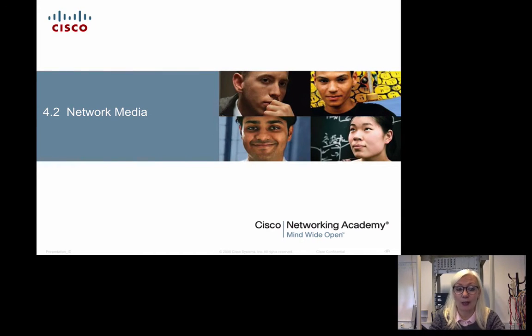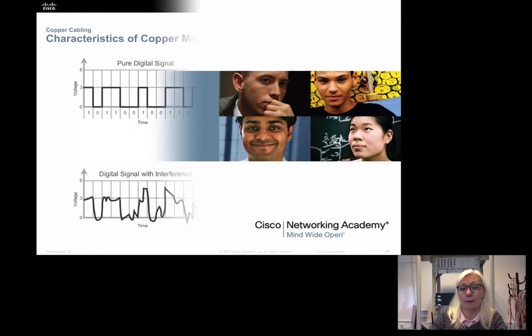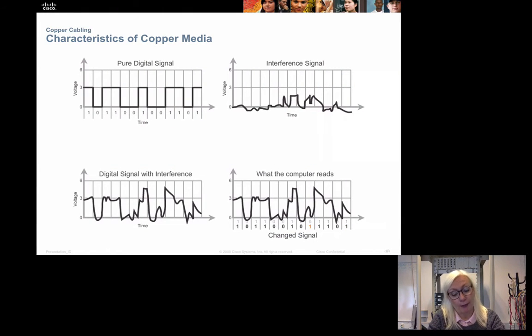Okay, so this is chapter 4.2 about different types of networking media. We will start by looking at the copper cables, which could be cables like this, and of course also like this one, different colors, but still the same type of cables. When we are looking at the physical